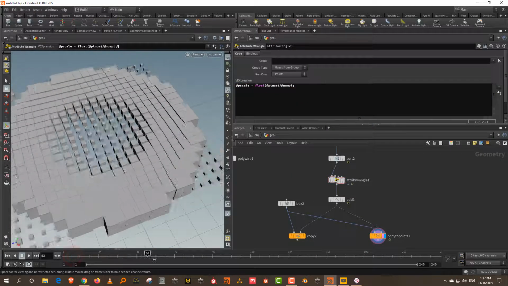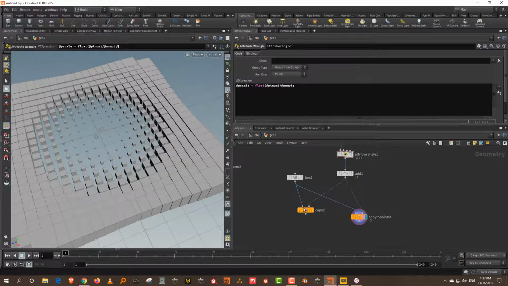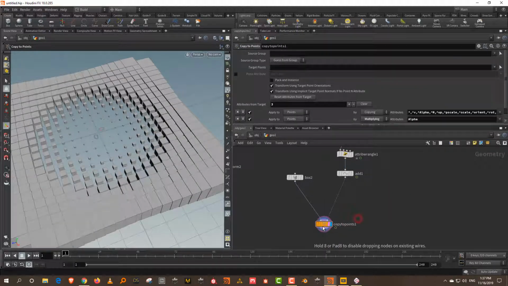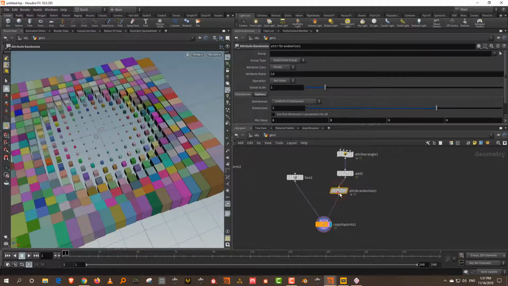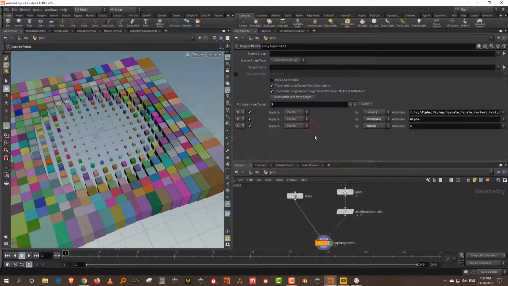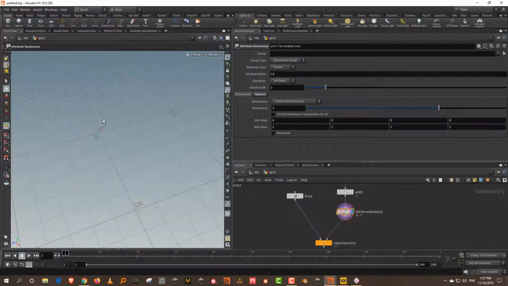So we have this. Now, the way it works is you get something called randomize. So you'll find something called attribute randomize. You can plug that in, and by default what it does is it generates a color value. And what any copy tool can do is if it finds color values on your points, it'll automatically transfer them to the copies.